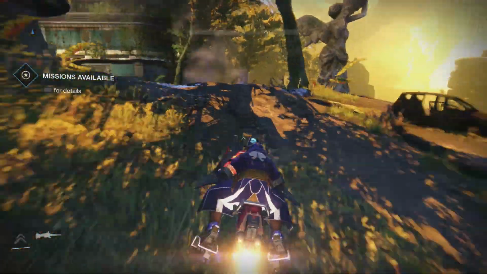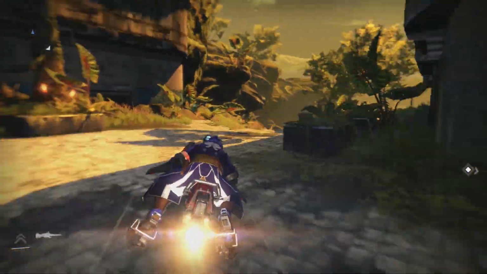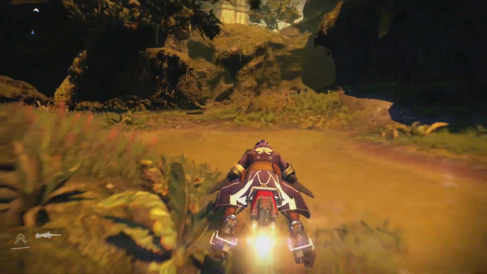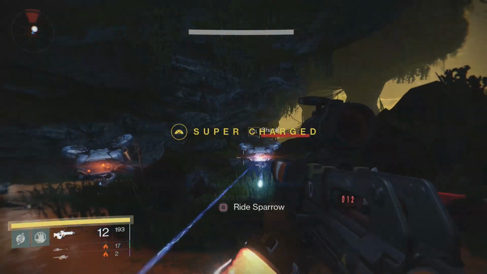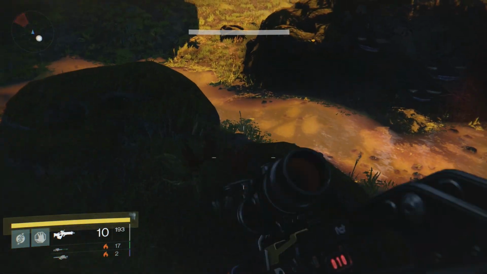Now, once you're there, which I'll get to any second now, you can see it's not actually that far to get to. It's very simple. You just stick to the right-hand side of the planet when you spawn on patrol or whatever. I'm pretty certain that it's the same spawn, more or less, for any of the missions and so on that you choose. Then you just want to stick to the left-hand side when you get to Ishtar Cliffs